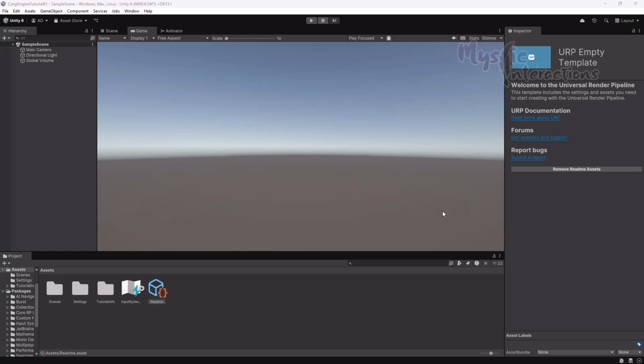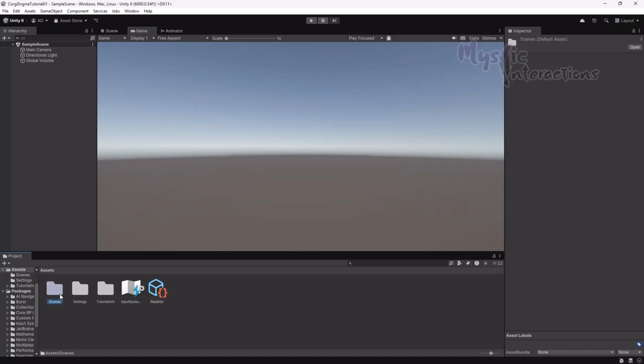There we are. So our project is now open. Because it's a basic URP template project with the scene folder, which I'll be deleting because it doesn't have anything of our concern. Settings, tutorial info, and all, we'll let them be for now. So first of all,